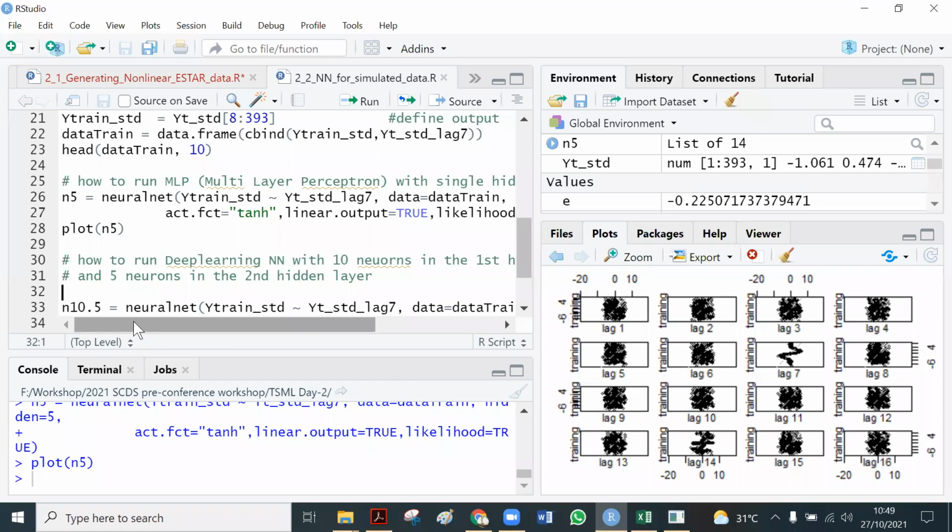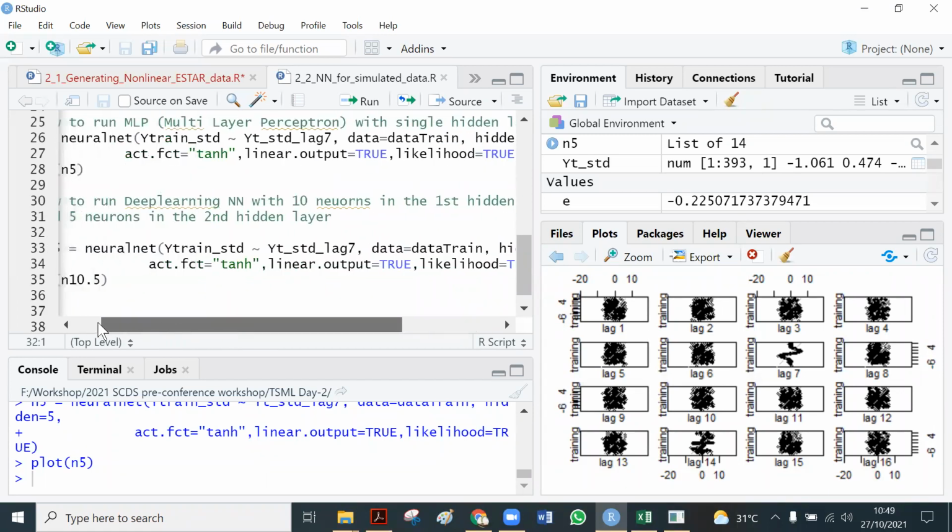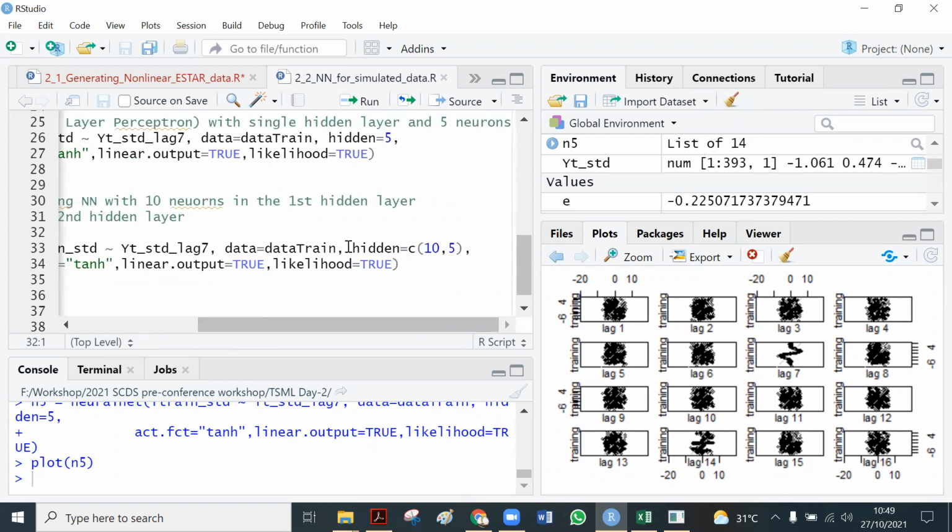Then we can try another architecture. Now we change the hidden layer: there are 2 hidden layers, with 10 neurons in the first hidden layer and 5 neurons in the second hidden layer.